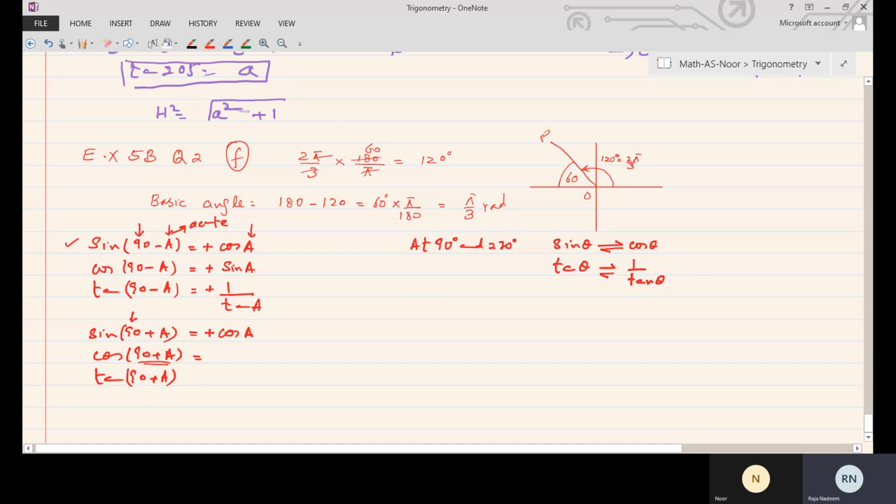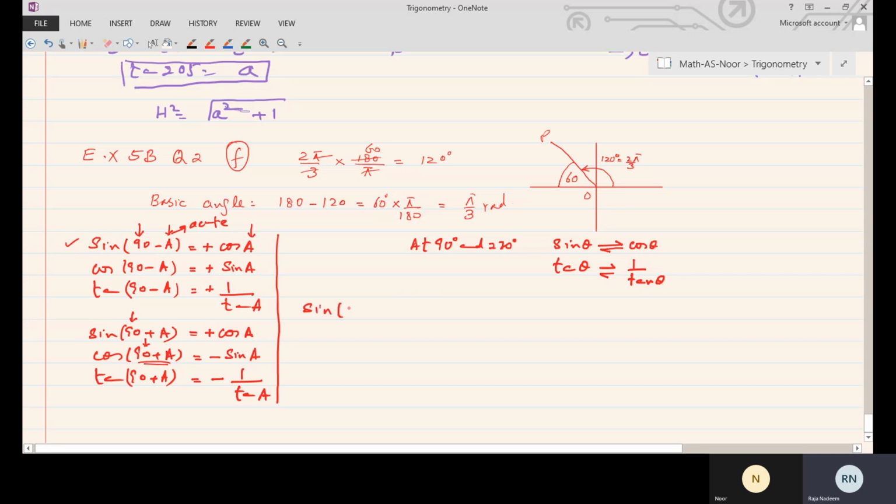the second quadrant. Then we'll think of the trigonometrical ratio in the second quadrant. Cos is negative in the second quadrant, so we put a minus sign. At this 90 degree, cos will change into sine, and its sign will be written with the acute angle. Tan is also negative in the second quadrant, and at 90 degree it becomes 1 over tan of angle A. So these are the concepts for trigonometrical ratios in first and second quadrant